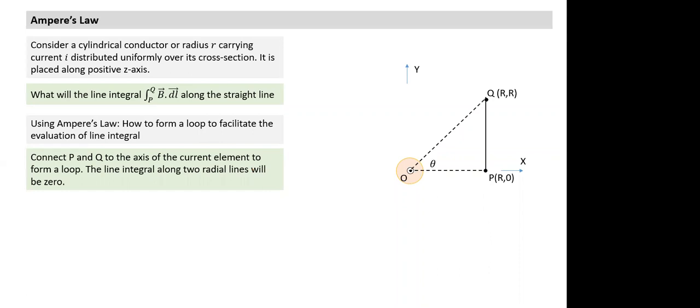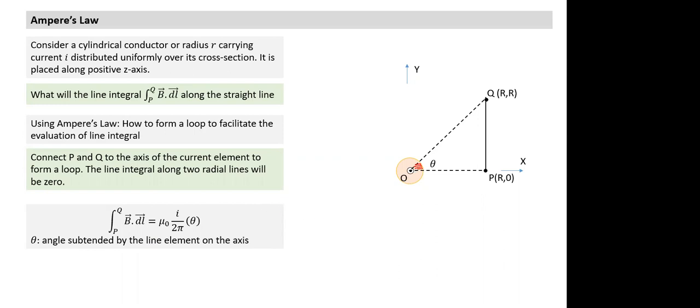And then if I know this angle theta, I can calculate the current enclosed. How much will the current enclosed be? Current enclosed will be equal to mu naught I divided by 2 pi into theta. So for any straight element that I connect, the line integral will be equal to mu naught I by 2 pi times theta. What is theta here? How do I define theta? Theta is the angle subtended by the line element at the axis, point O. So any straight element I can solve.